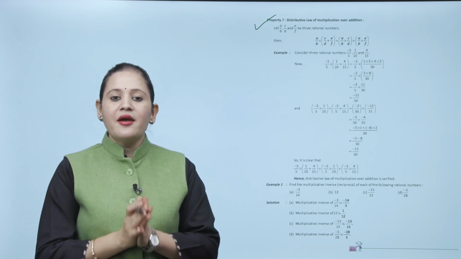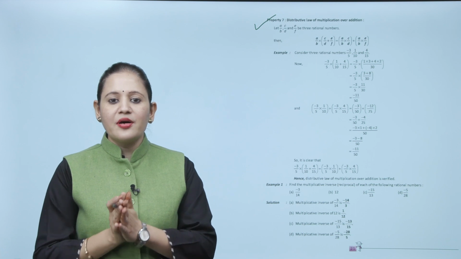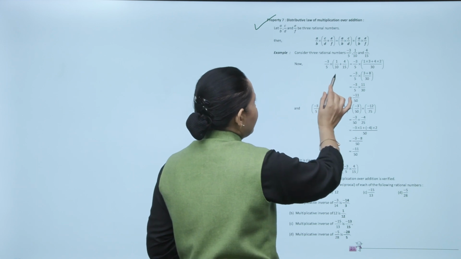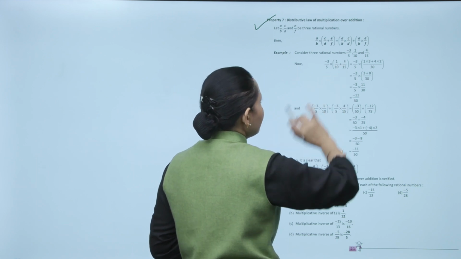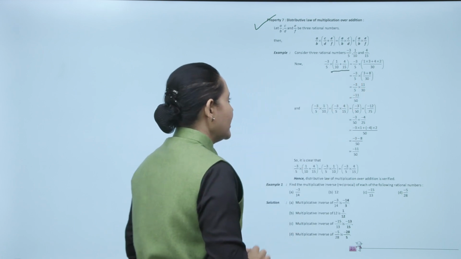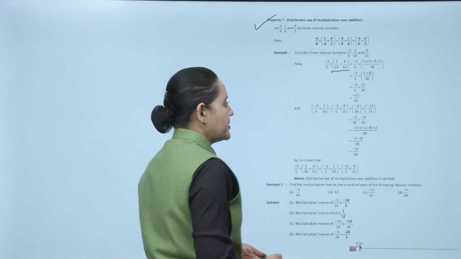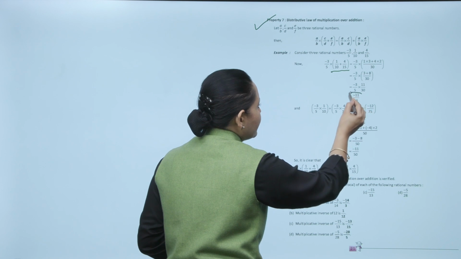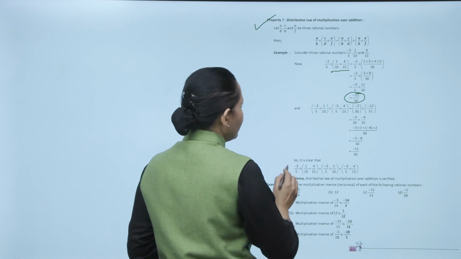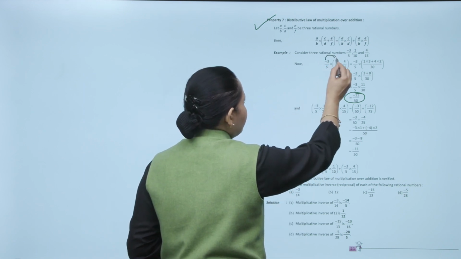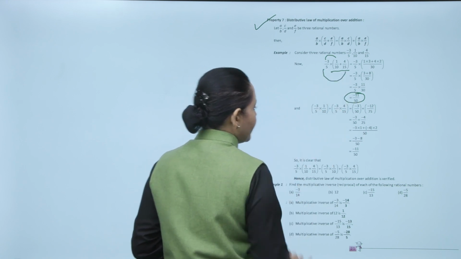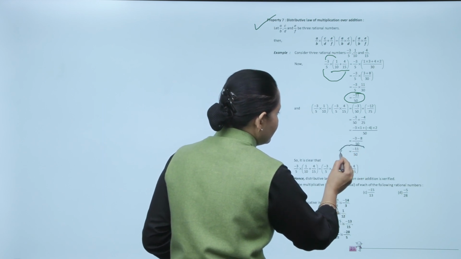Consider the rational number minus 3 upon 5, 1 upon 10 and 4 upon 15. So minus 3 by 5 को हमने 1 by 10 प्लस 4/15 से मल्टीप्लाई किया है. सो फर्स्ट केस में हमने इसको सॉल्व किया है एलसीएम लेके और देन -3/5 से मल्टीप्लाई किया. So will get -11/50. Now we have used the distributive property. So here what we have done, -3/5 को पहले 1/10 से मल्टीप्लाई किया है, देन प्लस का साइन है, देन -3/5 को 4/15 से मल्टीप्लाई किया है. Again will get the same answer